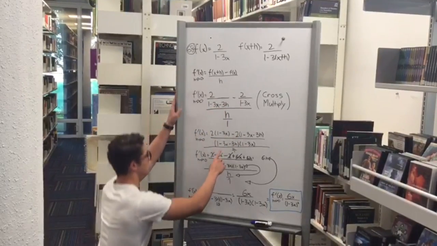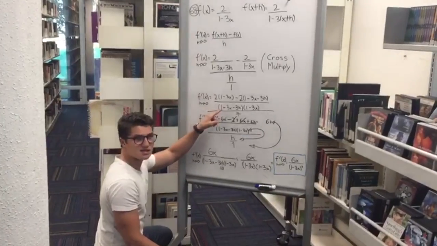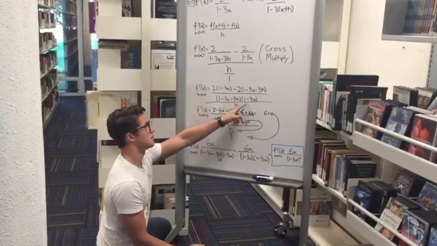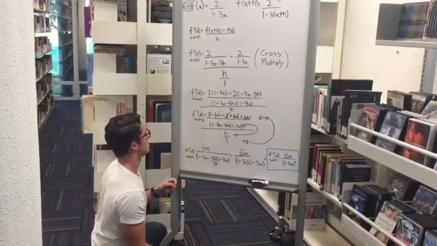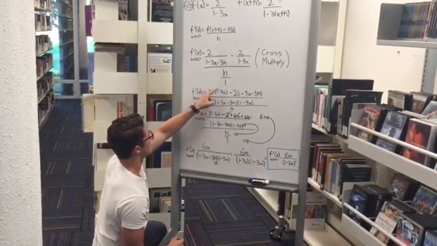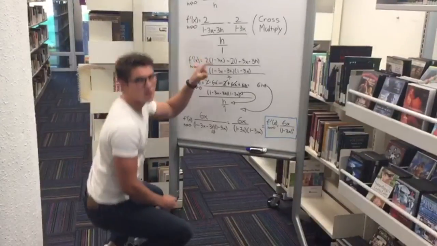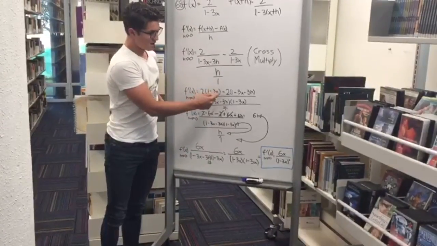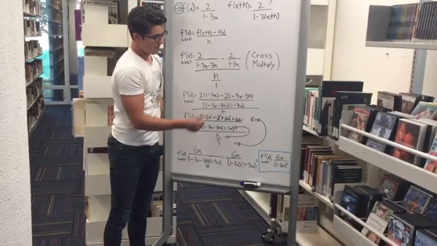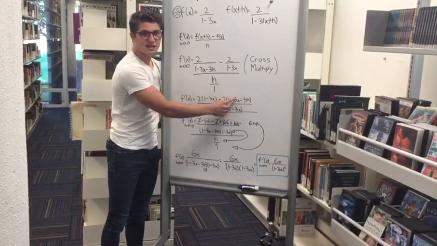So in the denominator we get 1 minus 3x minus 3h, and in another parenthesis 1 minus 3x, all over h. Now we're going to multiply the 2 with everything in the function, so we're going to have 2 minus 6x minus, and then we multiply this 2 with the 1,